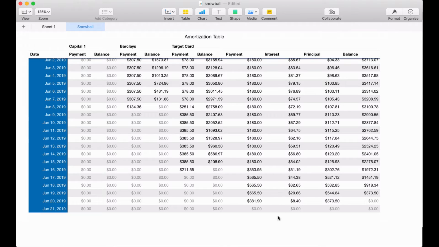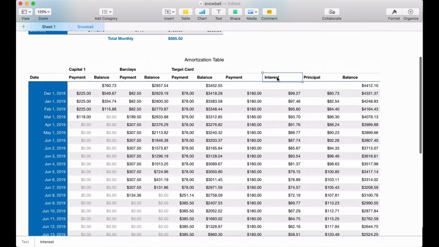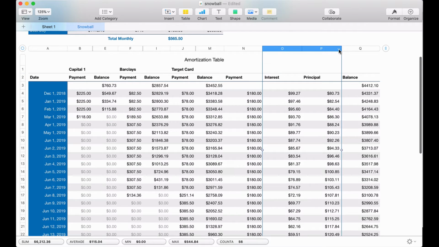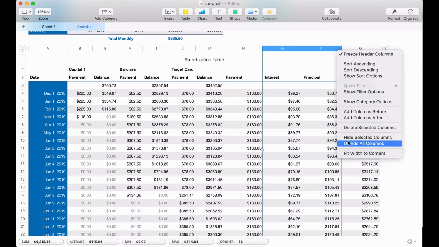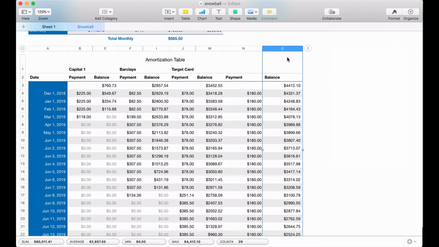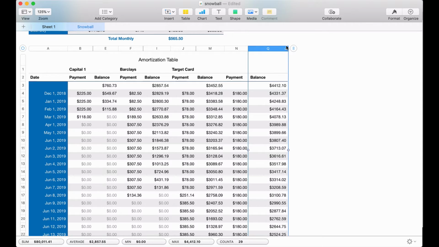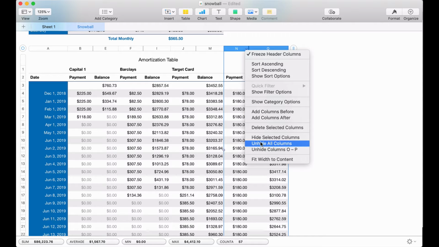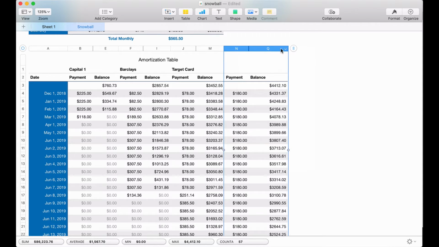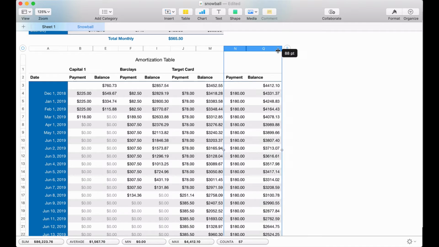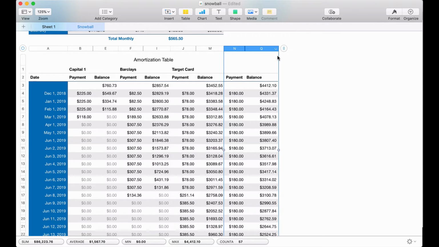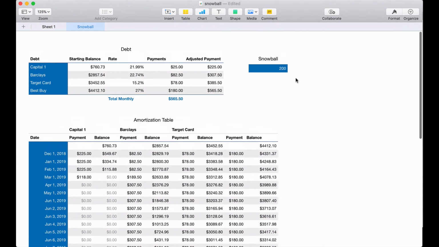All right, and I'm just going to leave that buffer row there. All right, so now let's go ahead and hide these 2 because again, I don't need to see the interest and principal as I'm working. I just need to see the payments and balances. But of course, they're still there. So if you wanted to unhide, you can unhide all or just unhide the columns hidden beneath where you've selected. All right. So now I can go about my way and I could just follow this guide to pay off